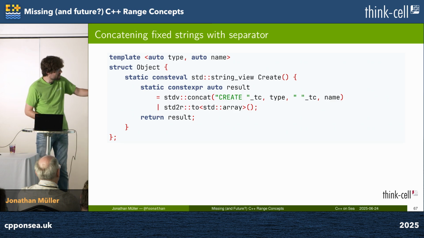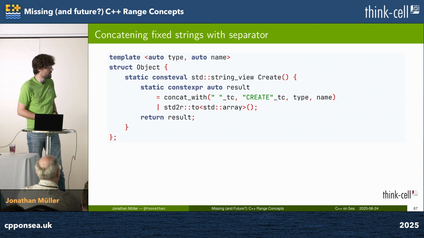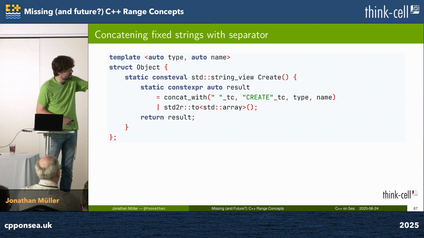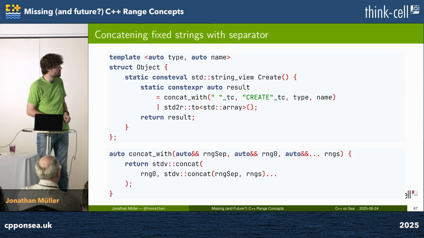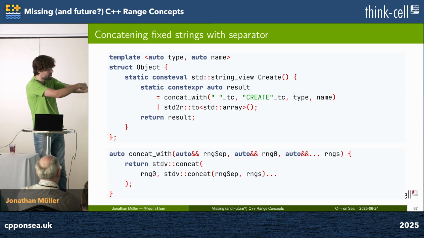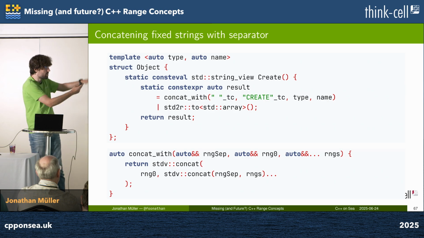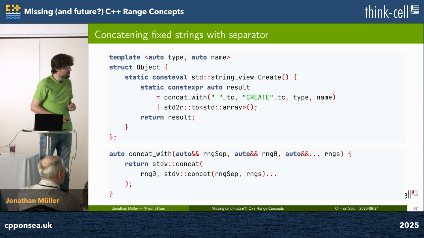For starters, we have to do the spaces, right? This is kind of annoying. So we have concat with as an extension where we just give a separator and then it puts the separator in between. That is not too much of a problem either. It's just appropriately sliced concat where we put the separator in between the ranges. It just works out of the box. I didn't have to change anything. However, my colleague didn't use concat with either,